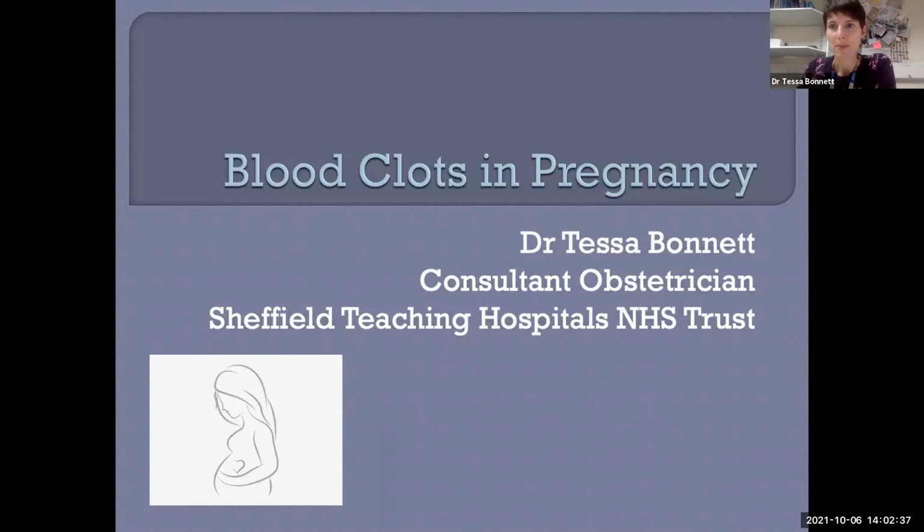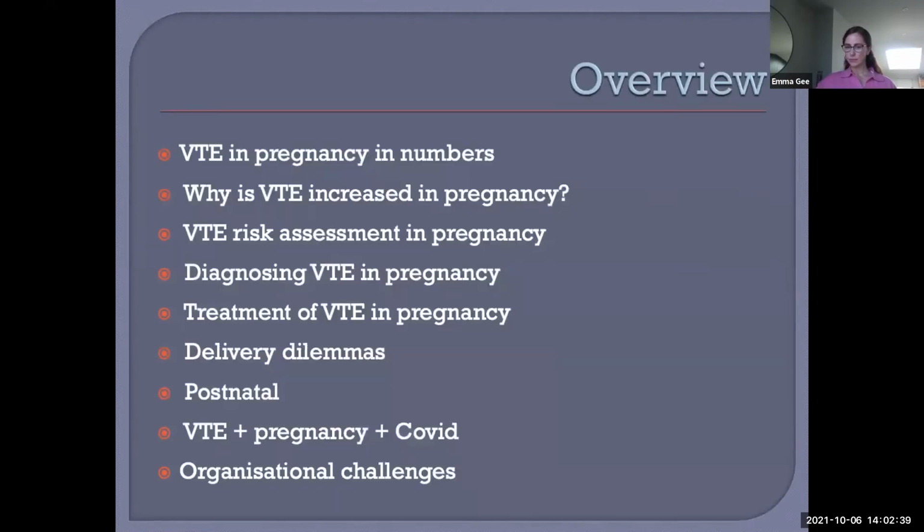I'm going to be talking about blood clots in pregnancy today. This is an overview of what I'm going to talk about. We'll start off by looking at VTE in pregnancy in numbers, look at why VTE is increased in pregnancy. I'm going to talk about VTE risk assessment in pregnancy, how we go about diagnosing VTE in pregnancy, treatment, and